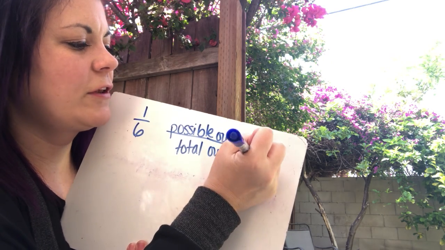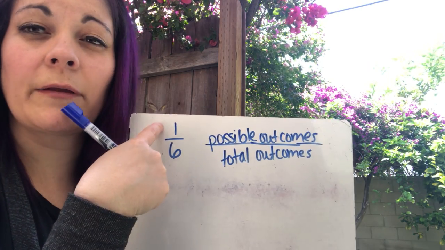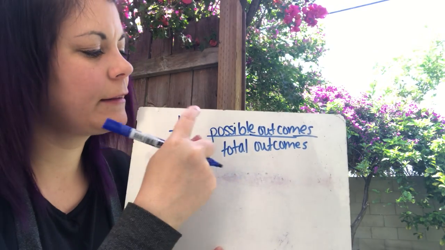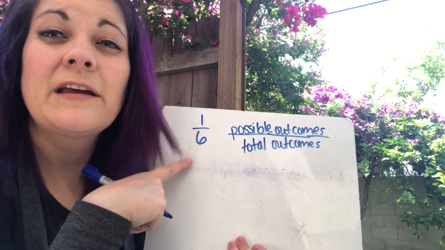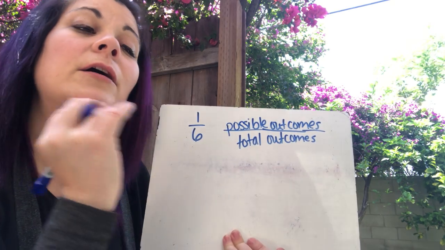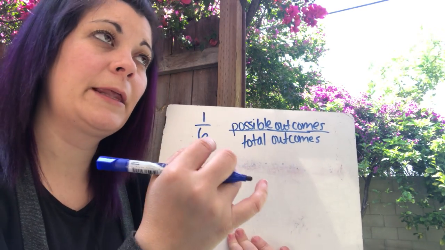Okay, so since the possible outcomes of getting a 2 is only 1, because there's only one 2 on a die, that's it. And then the total outcomes, I can get a 1, 2, 3, 4, 5, or 6, is 6. So that's simple probability. Compound probability, let's say, what is the probability of rolling a 2